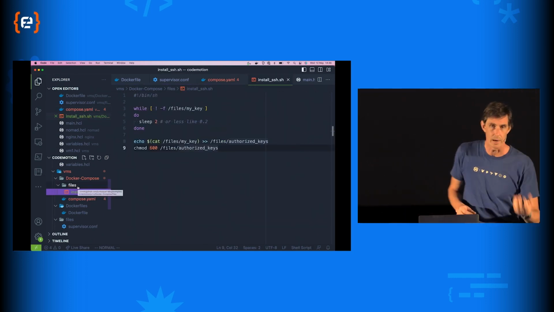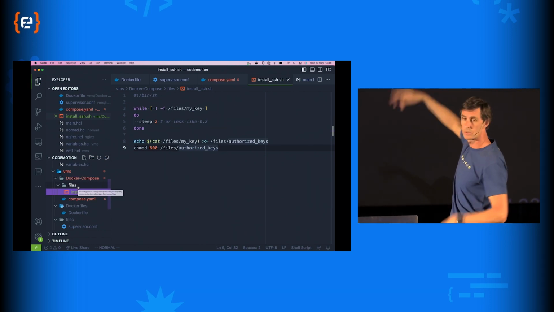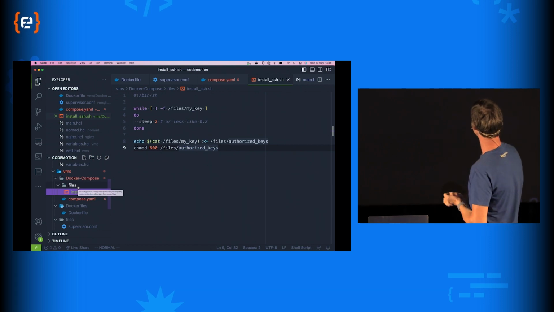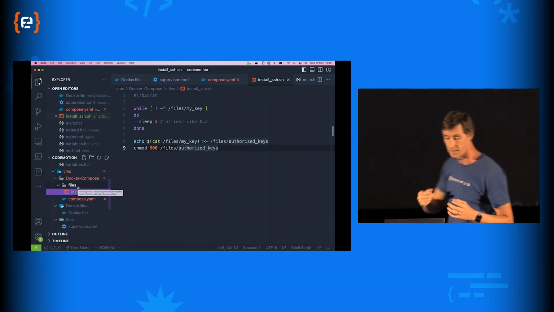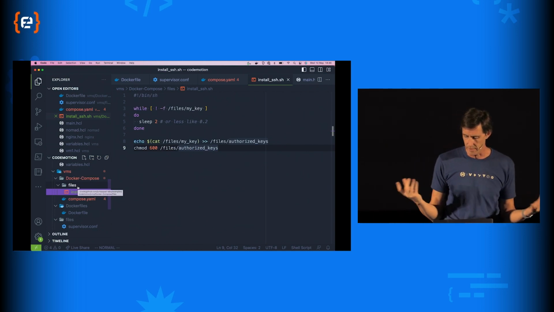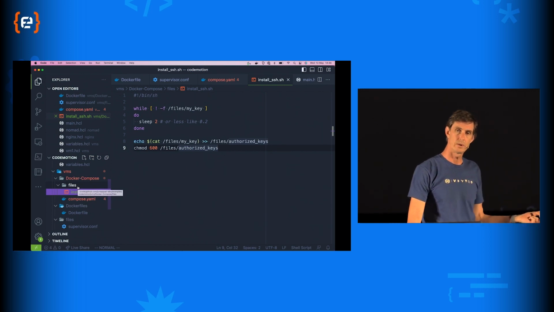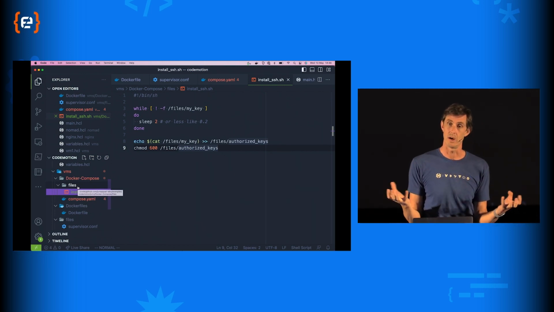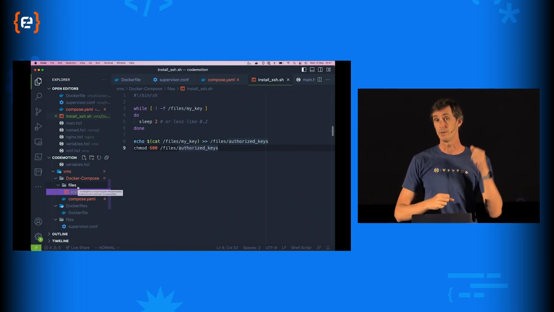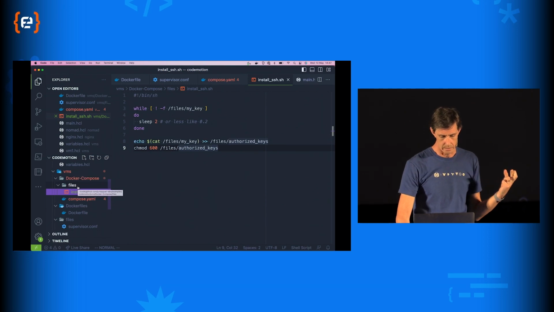But the bash script becomes quite complex because of the dependency. I don't know when the key exists, so I end up putting a loop to wait for the key to exist before I can then run the command to add it to authorized keys. And this was exactly the problem that Erik and I had when we created something which wraps up the process around Docker Compose, to allow you to iterate really quickly.